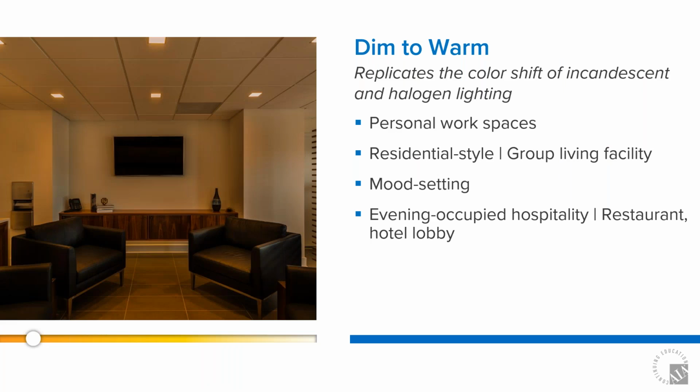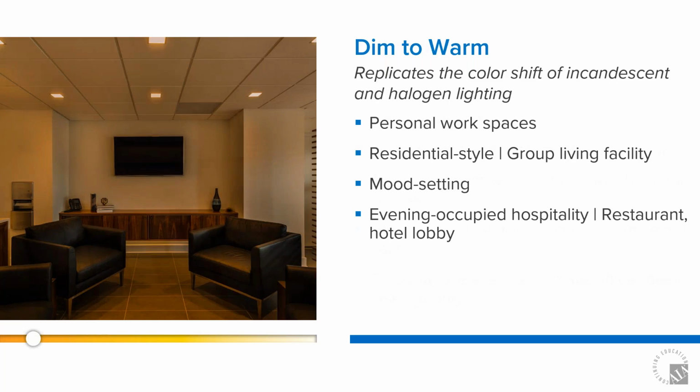Dim to warm. As previously stated, dim to warm replicates the color shift of incandescent and halogen lighting. Good application types of examples include personal workspaces, residential style, group living facilities, mood settings, evening occupied hospitality, restaurant, and hotel lobbies. There are probably many other applications that you can use this in, but these are some of the